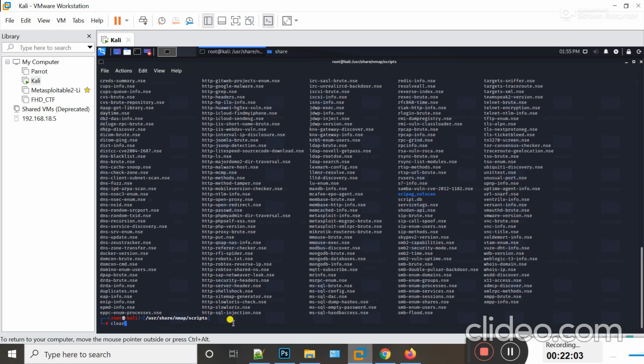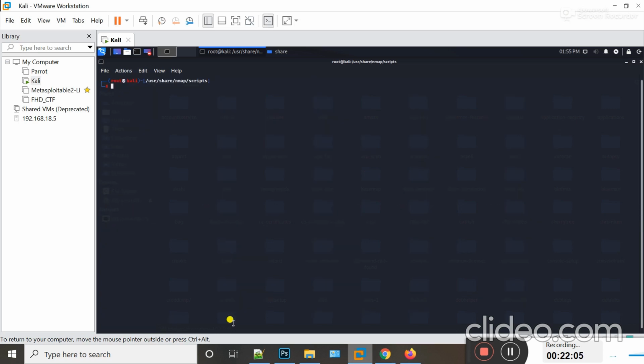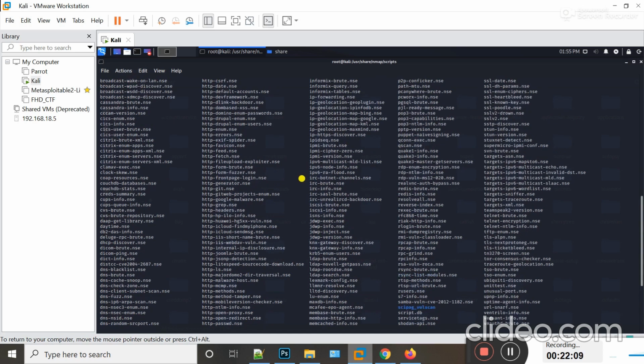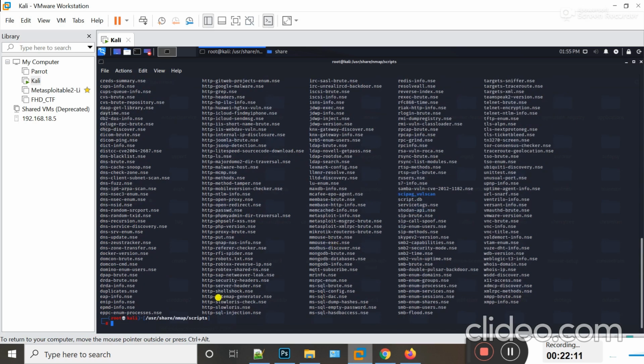If I type here in my own Kali Linux machine, guys, you can see all the scripts are present here. Now if I want to activate any script, then I can use hyphen script and then the concerned script name.